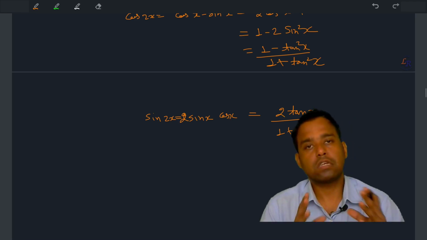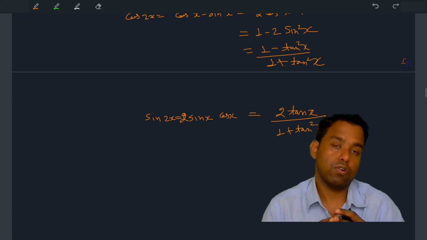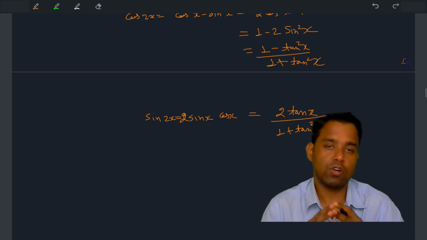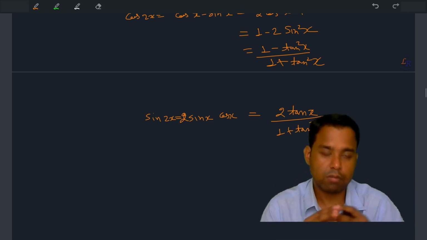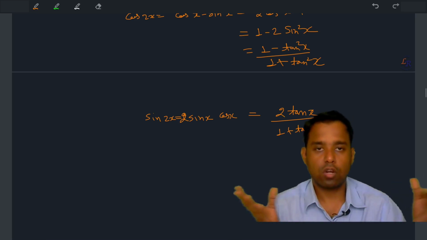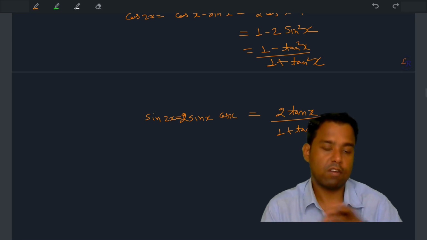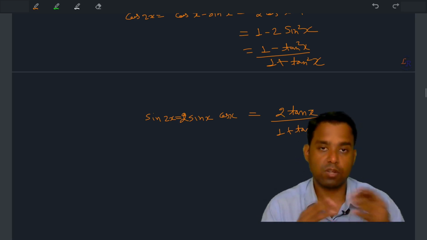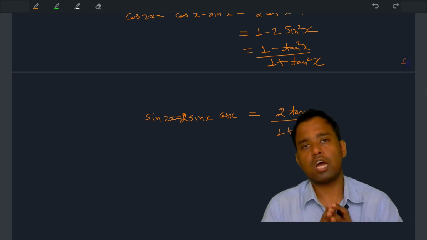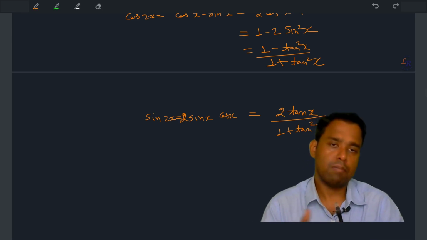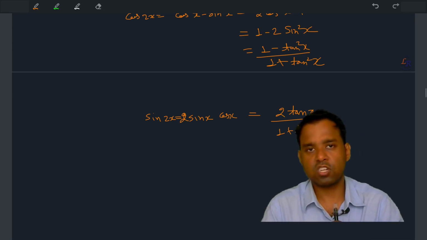So these are some functions and properties which you should remember, because they are very frequently used, whether we talk about physics, mathematics, or wherever you go in engineering. These are going to be very important formulas and very easy to remember. There is a lot of symmetry, and the unit circle concept makes it much easier to remember. So this is all I wanted to show you, and we need to revise from our previous class 11 mathematics, the trigonometric functions chapter.